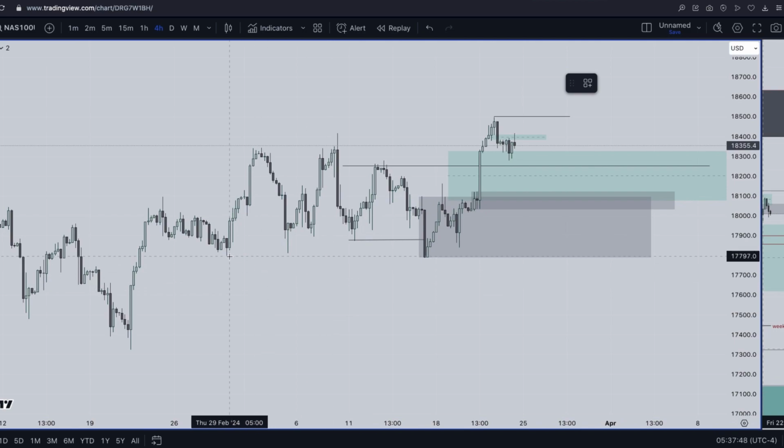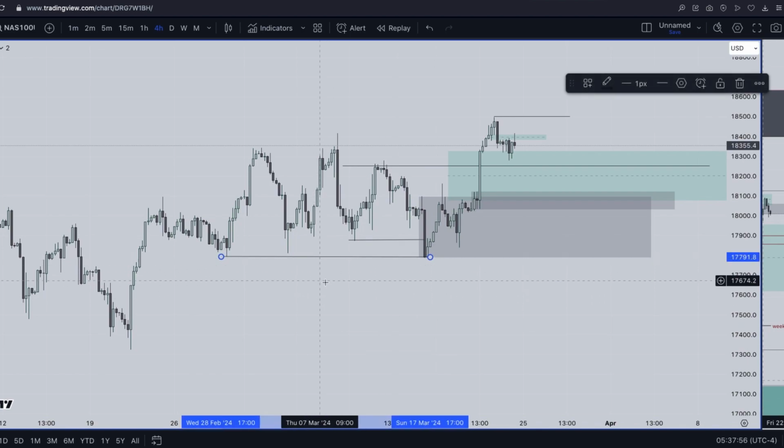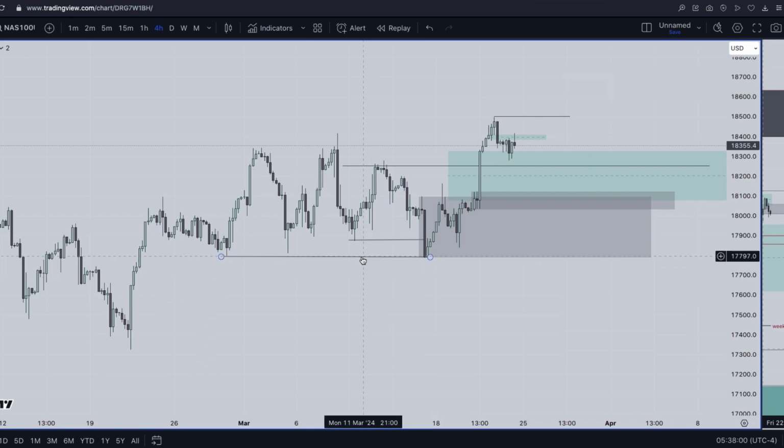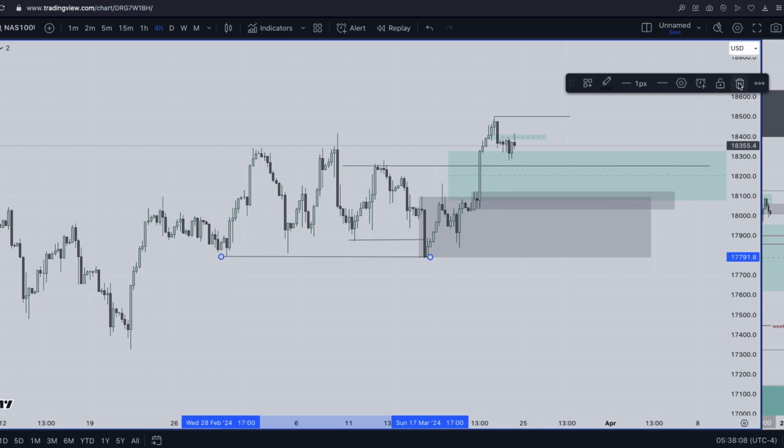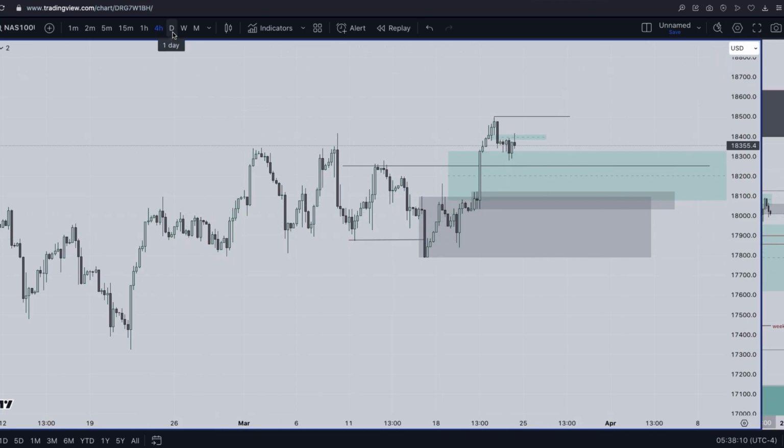You can see here there is all this needs to be cleared out. All this needs to be cleared out, but we don't know when. You understand? That's one thing about Nasdaq. We don't know when. Can be like, okay, because you saw a double bottom now, we want to start selling. No, wait for price to tell you that it wants to sell. If price wants to sell, we should see that daily displacement. You understand? Because I'm going with daily and weekly, right? So we should see that daily displacement.